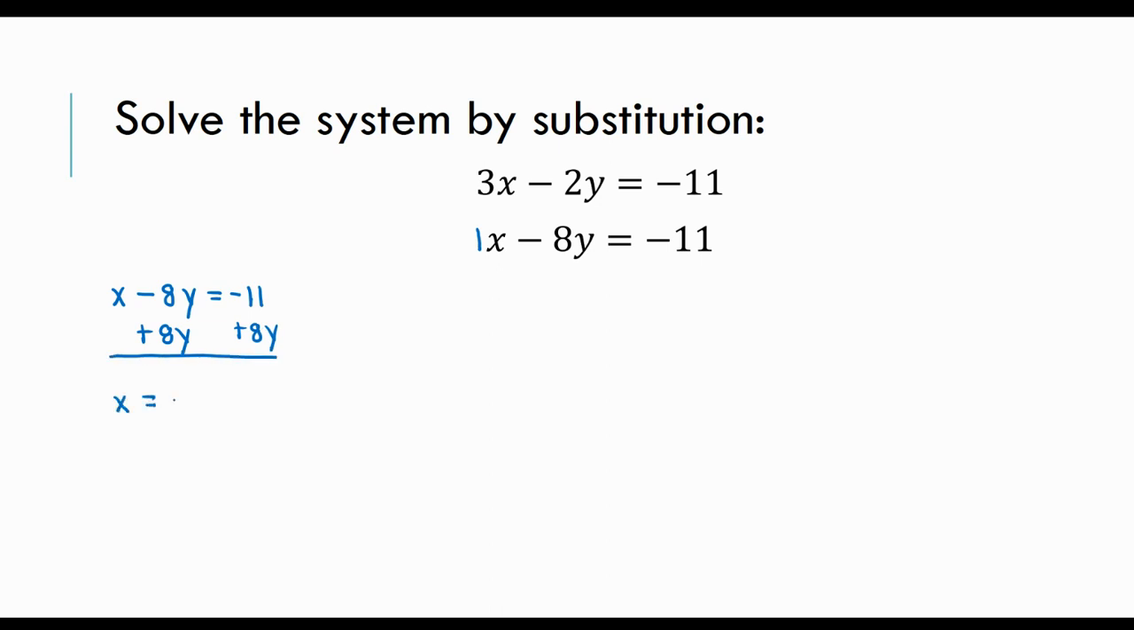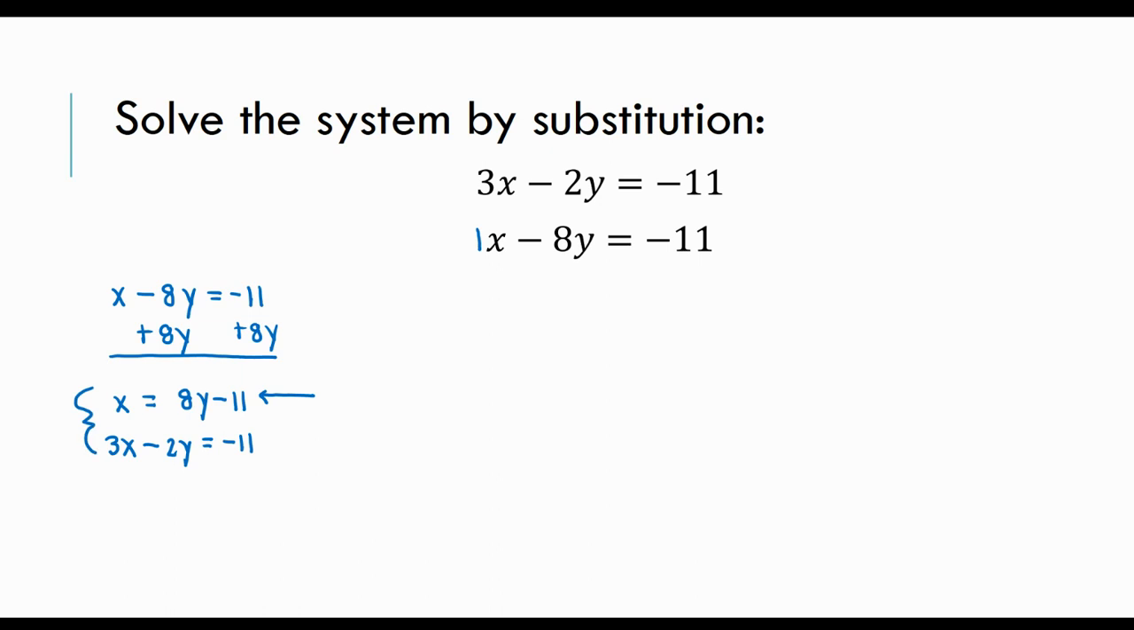And so now I have x equals, and it doesn't matter which one of those numbers you put first, but they are not like terms, so I cannot combine them. But I know that x equals 8y minus 11. So now I have this variable by itself. That top equation, we haven't done anything to it yet. I'm just going to rewrite it exactly how it is down here below,